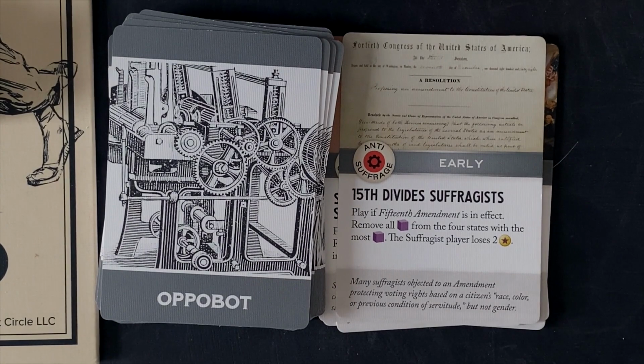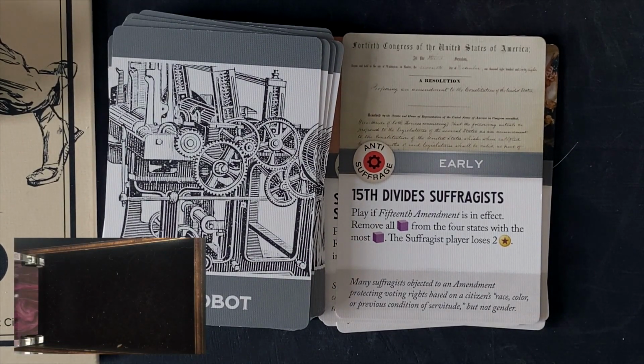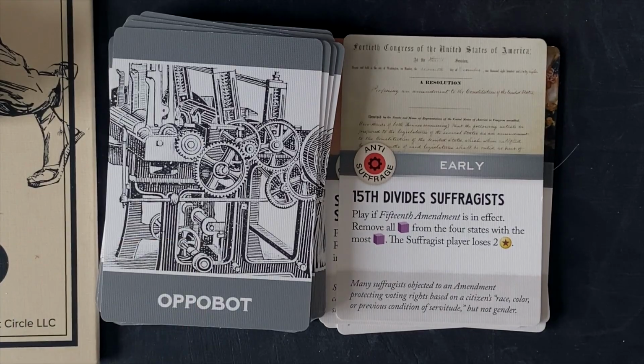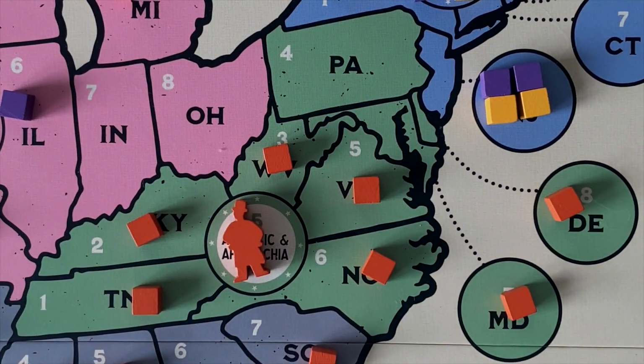So we're going for the Applebot. We're going to roll this die to determine the region. It'd be nice to get a 6 for the Northeast, or 5, places where we don't have states cards in play. So hoping for a 5 or a 6. Oh, nice, 5. Called it. So that is the Atlantic and Appalachia. So we will move our anti-suffrage campaigner from the south to the Atlantic and Appalachia region, which is region 5,